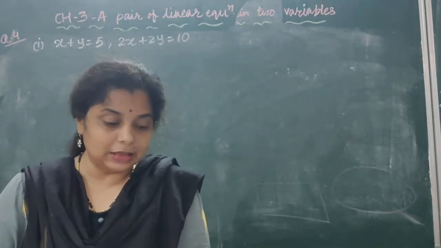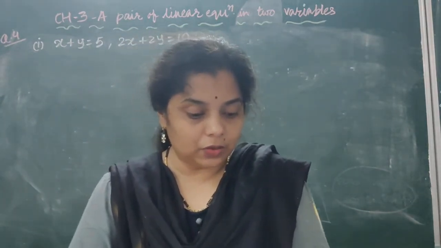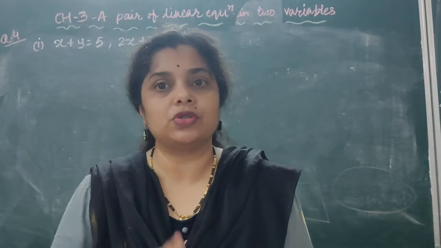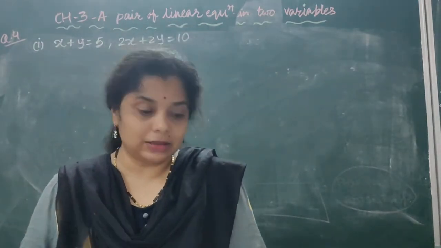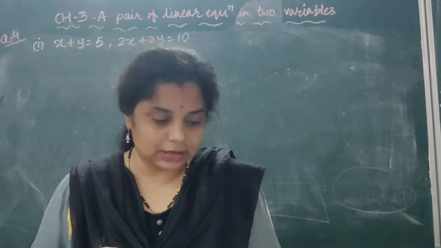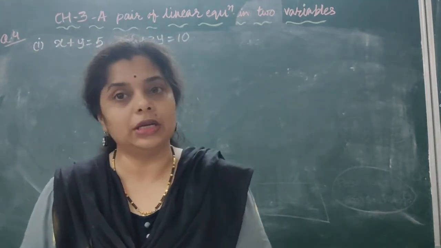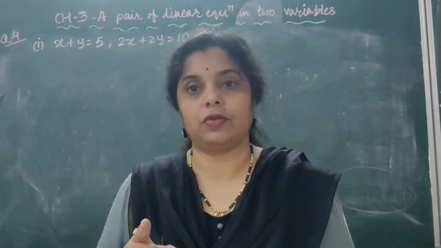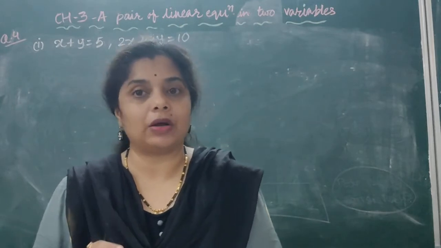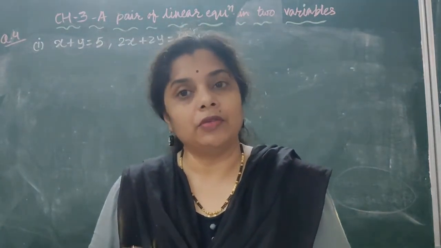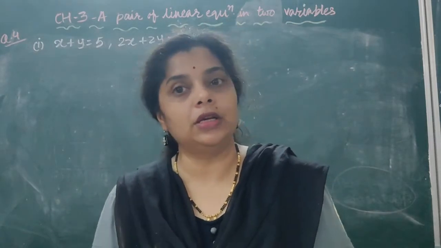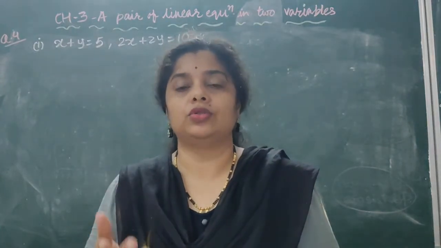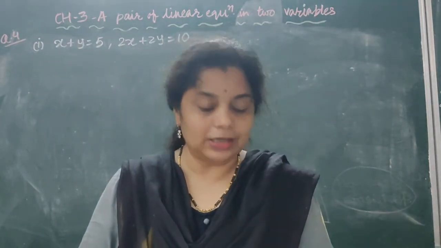In that it is asked which of the following pairs of linear equations are consistent or inconsistent. Again the same type of question which we solved in the 3rd. But here one extra thing we have to do is, if it is consistent, then obtain a solution graphically. We have to draw a graph if and only if we get a consistent pair of linear equations. And if you find that any pair of linear equations is inconsistent, then there is no use of drawing the graph. Okay, so let's see.